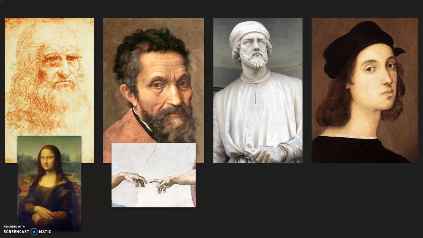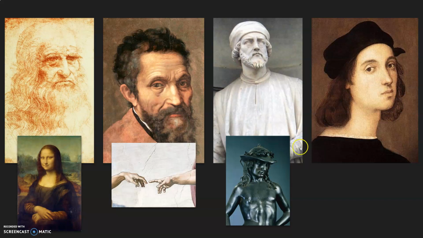Michelangelo painted the ceiling of the Sistine Chapel, among other things, and you might recognize this from our new Google Classroom background. It's the hand of Adam and the hand of God, and they are appropriately showing good social distancing there. They're not actually touching each other. Michelangelo is famous for other things. Again, you'll have a chance to research him and see what else he did.